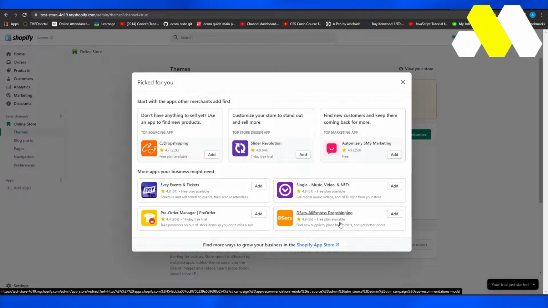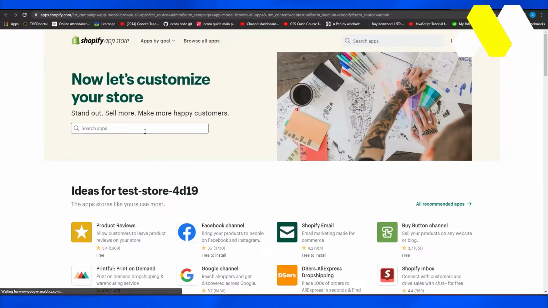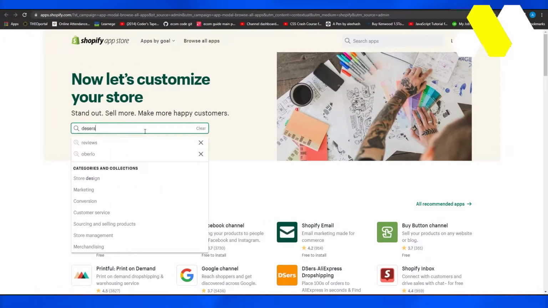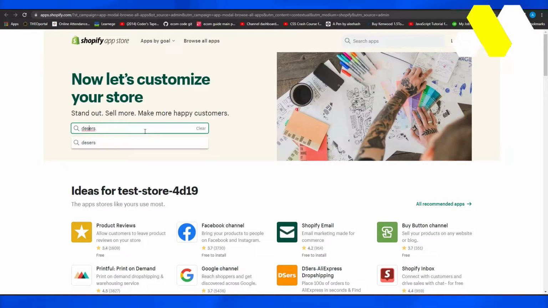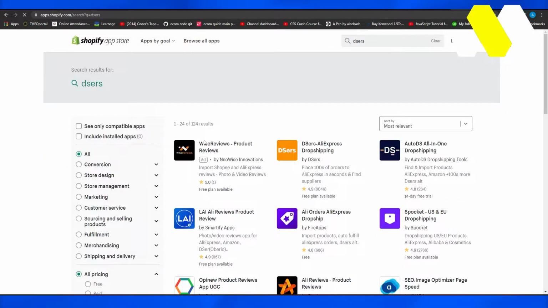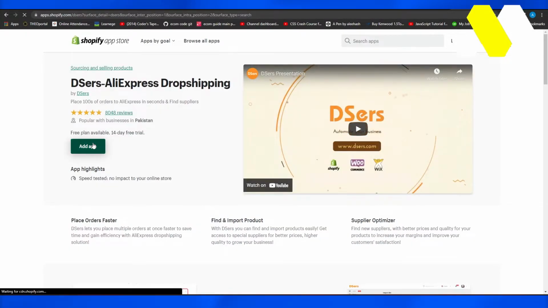If you don't see it, simply click on Shopify App Store. And then after that, that's going to take you over here. Type in the search bar Dsers. And once you type in Dsers, you will see Dsers come up. So click on Dsers, AliExpress dropshipping, click on Add App, and then this particular application is going to be added